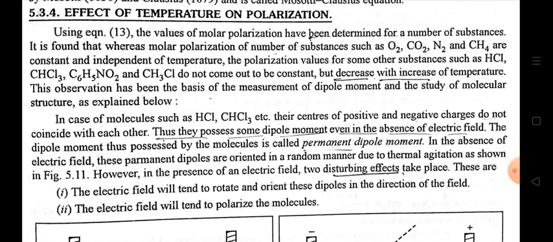The dipole moment thus possessed by the molecule is called permanent dipole moment. In the absence of an electric field, these permanent dipoles are oriented in a random manner due to their thermal agitation, as shown in figure 5.11. However, in the presence of an electric field, the